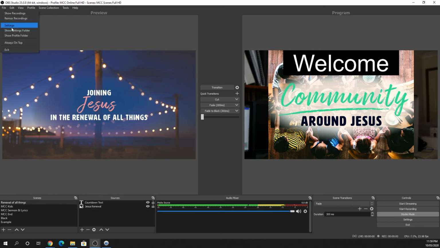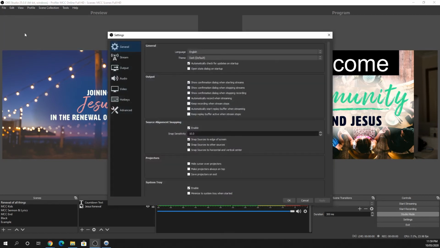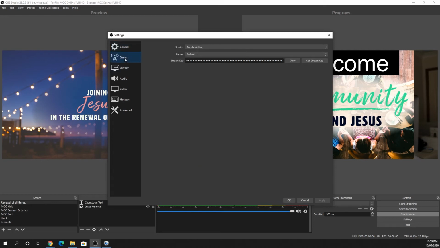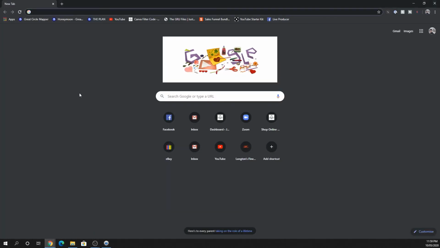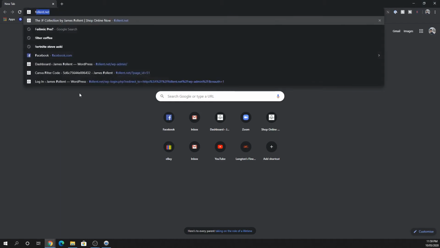So in File, Settings of OBS, you have a variety of menus. What you'll need is your Stream Settings pane, and you'll have to go into Facebook Live to do that, and then look at what the default is, and then you're going to have to get your stream key. To be able to get your stream key, you're going to have to go into your Internet Explorer, open up Facebook,